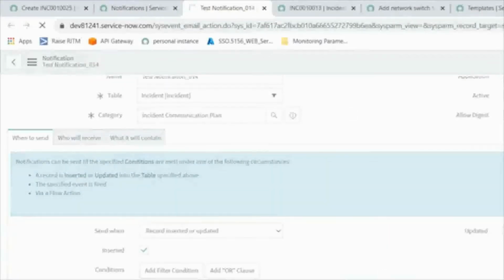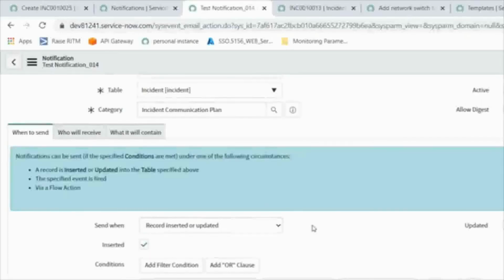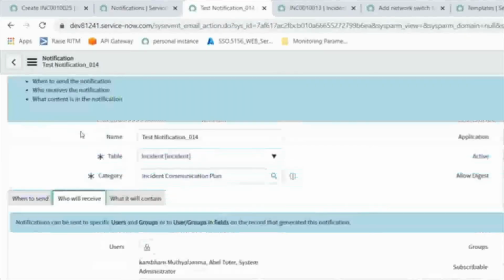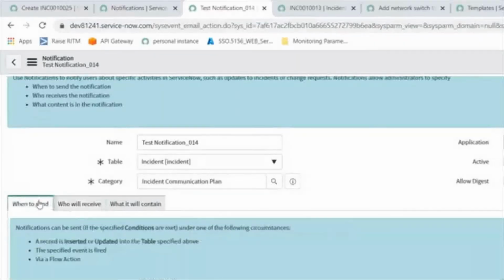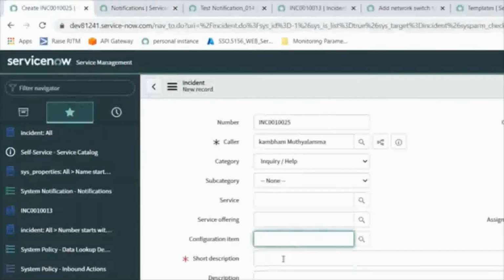Let me copy this as well. Let me copy this one, go to the incident, and give the short description as that one.